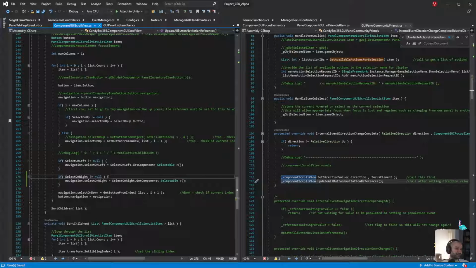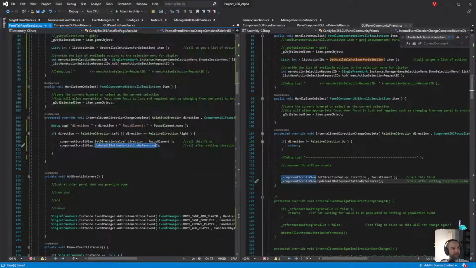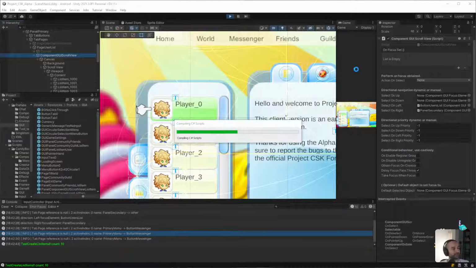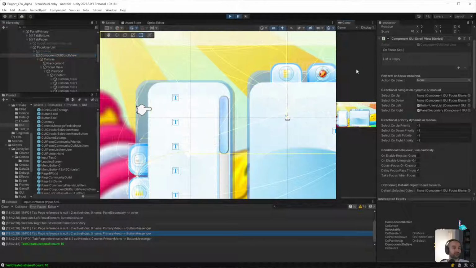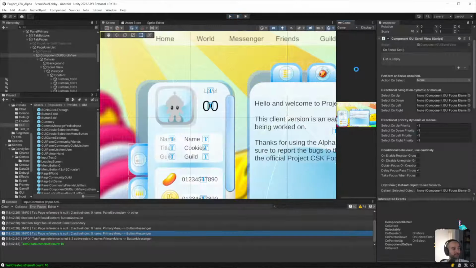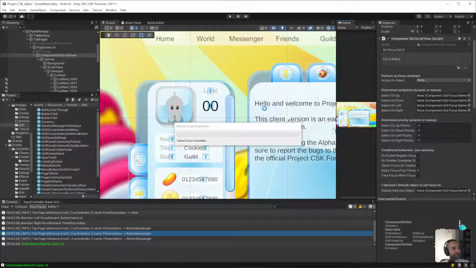Okay, that makes more sense, because I was wondering, since everything else seemed to be set, that it should be working now. But we do need to replay it. Now we should have proper navigation, and everything is dynamically set through code, which is great, because that's what I want.